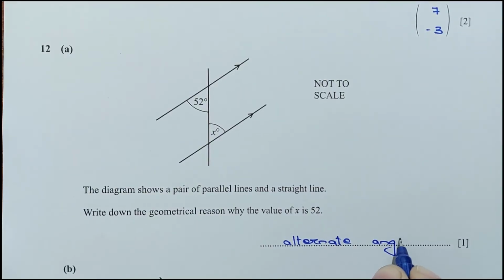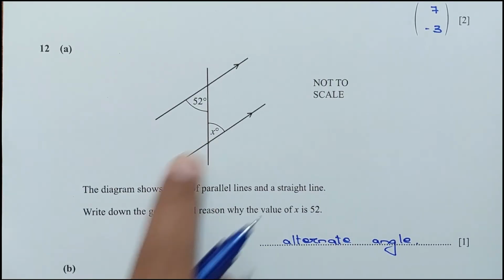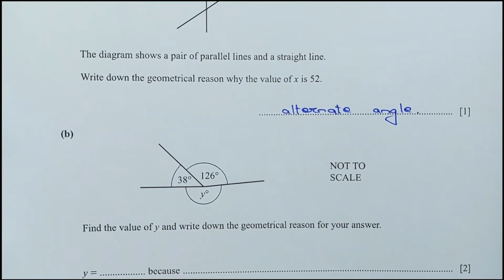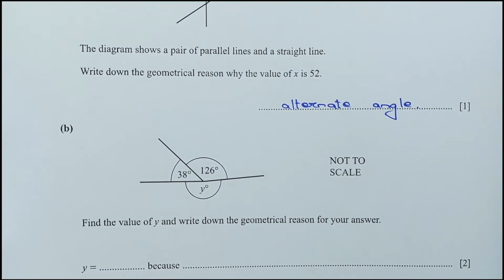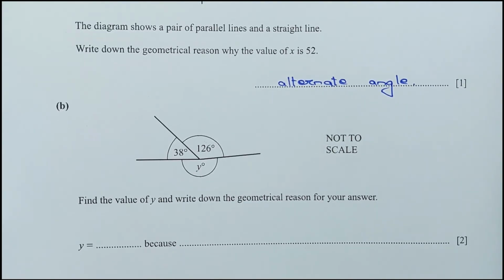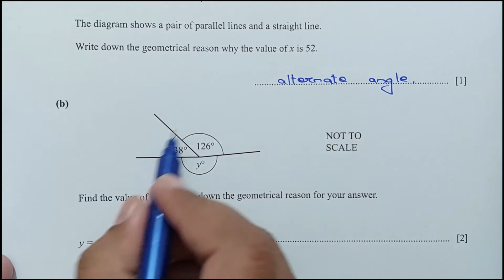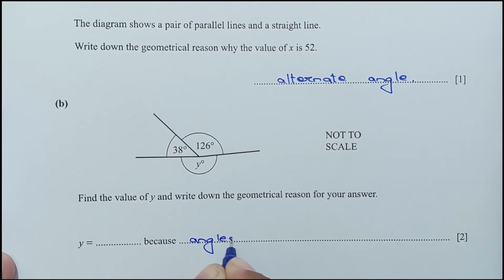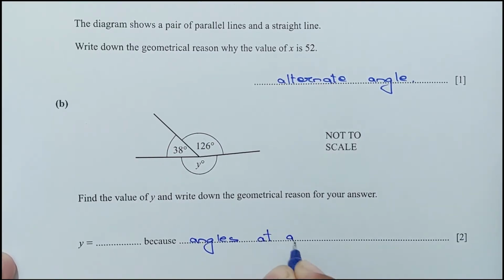The x value is 52 because these are two alternate angles. Part B, find the value of y and write down the geometrical reason for your answer, right? So we have to solve for y, so this is easy. The reason is because angles at a point